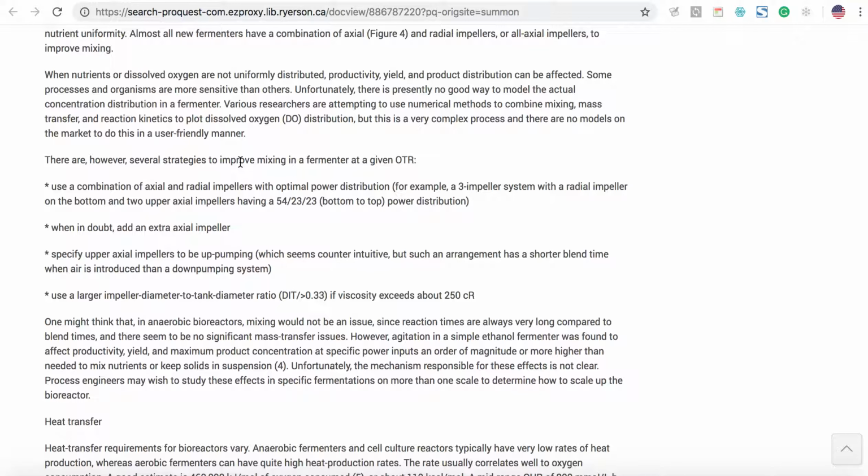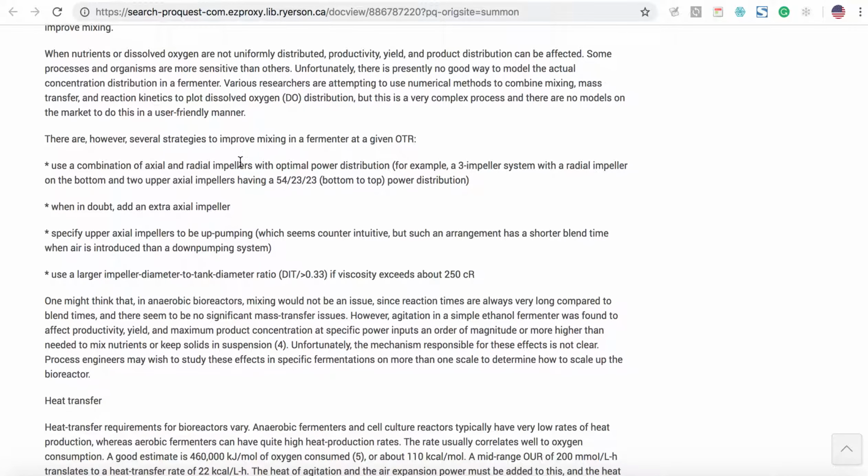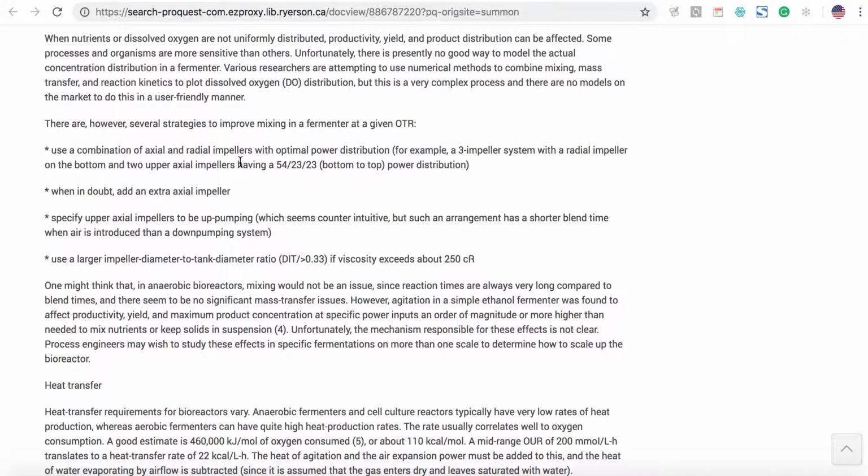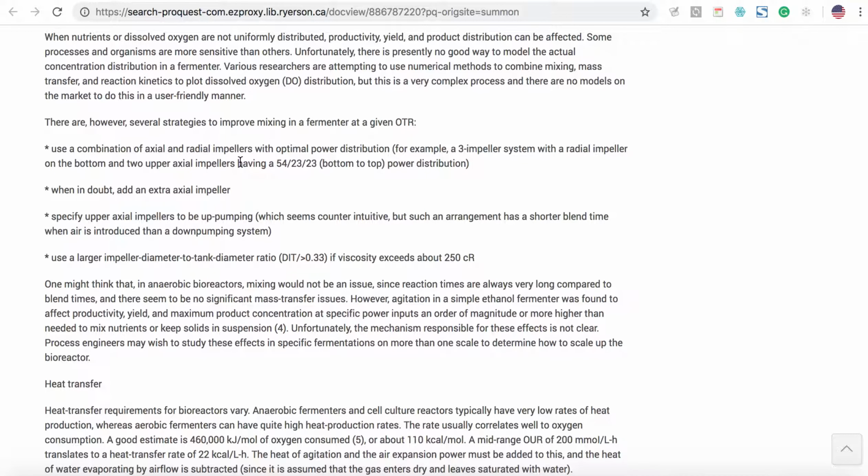Some processes and organisms are more sensitive than others. Unfortunately, there is presently no good way to model the actual concentration distribution in a fermenter. Various researchers are attempting to use numerical methods to combine mixing, mass transfer, and reaction kinetics to plot dissolved oxygen distribution, but it is a very complex process and there are no models on the market to do this in